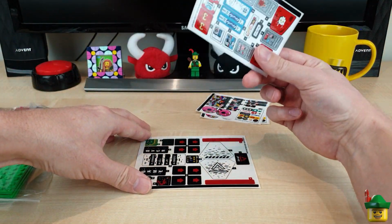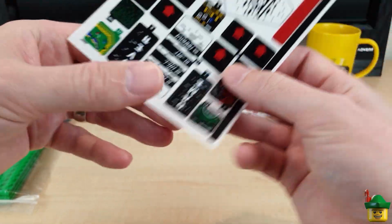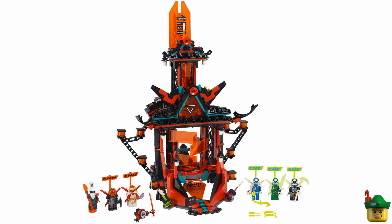So really happy to have that as well. That was 45p, so well worth it. And then a very similar vein with this one, which is the one from 71712, Empire Temple of Madness, which